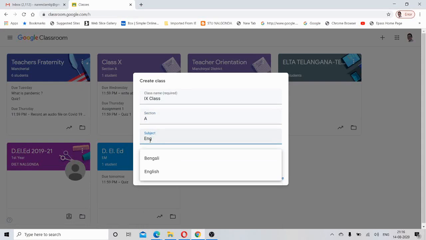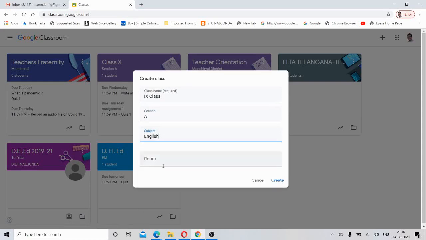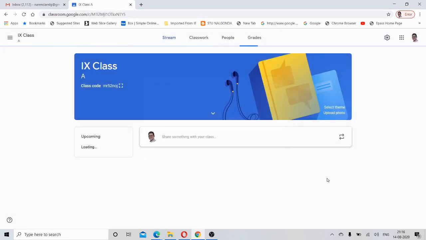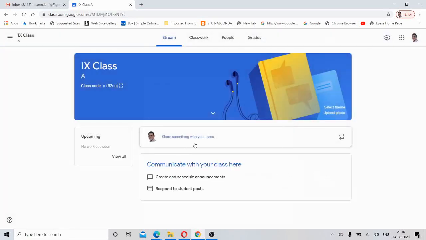I want to set it as an English subject. Even you can mention the room number also, but I don't want to type the room number, and just I want to create this. So after filling all this information, just go to the create button and click on this button. It will take some time to create. Yeah, this is our new classroom.